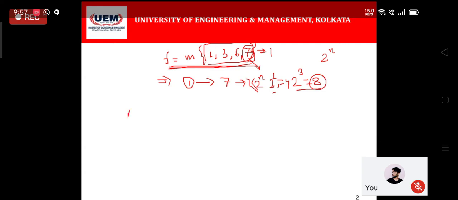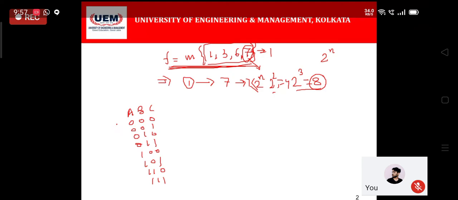How can we accommodate that? By taking 3 individual variables whose values can be 0 0 0, 0 0 1, 0 1 0, 0 1 1, 1 0 0, 1 0 1, 1 1 0 and 1 1 1.